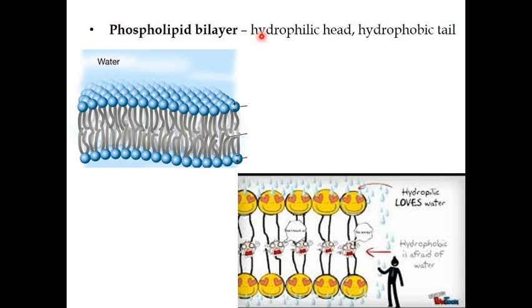Here is the concept of a hydrophilic head, that means whatever structure you saw here, it is a head-like structure, a hydrophilic head, as well as a hydrophobic tail. You can see this environment as outside the cell, you can call it outside the cell membrane, and here it is inside the cell. Both these areas are covered with water,